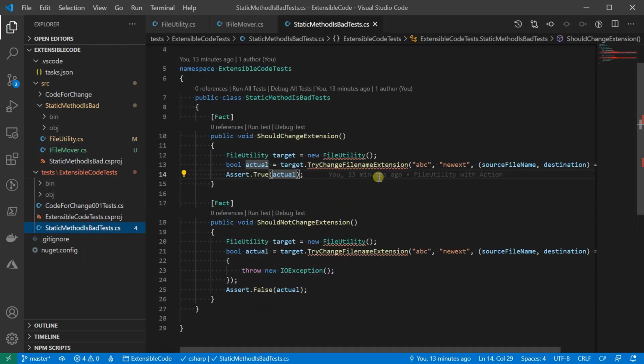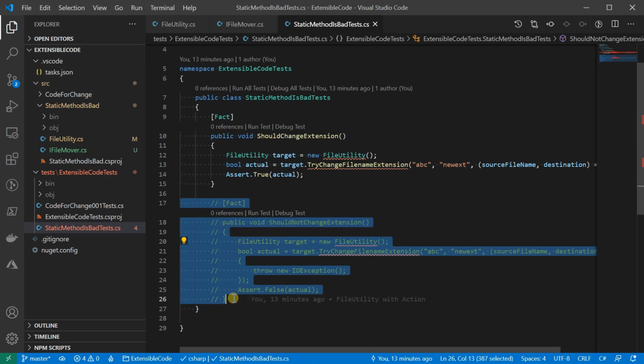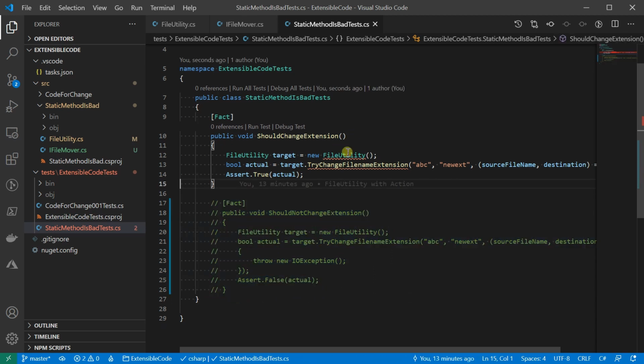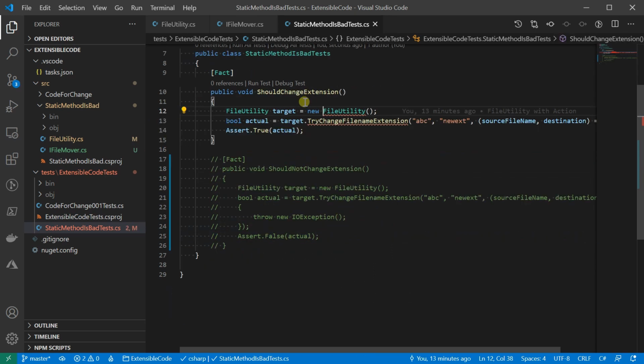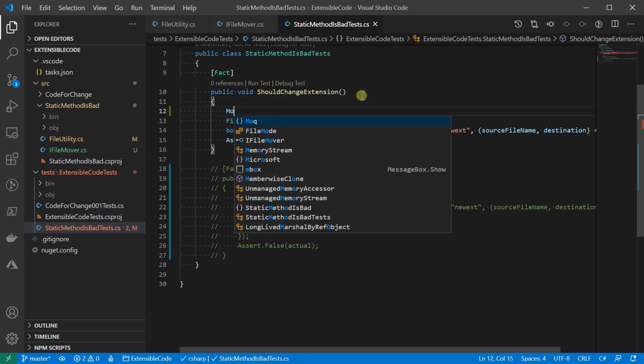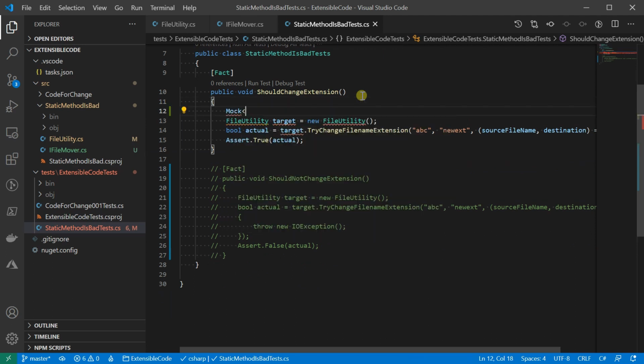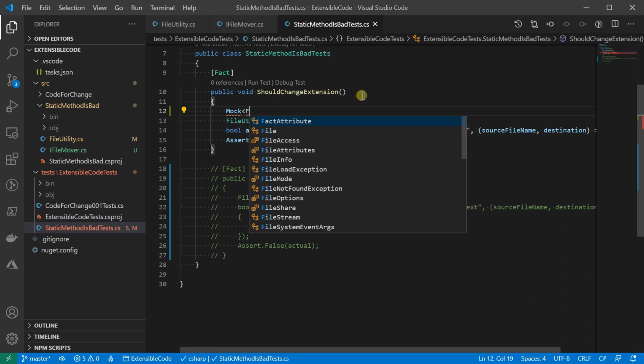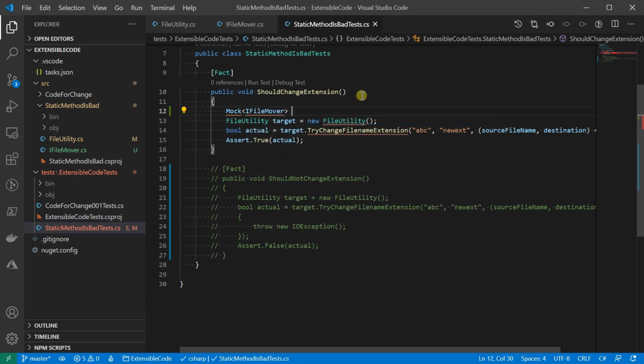Now let's take a look at how to update the unit tests. Let me comment out the second test case for a while, just to reduce some noise. Okay. Let me create a mock of the IFileMover.